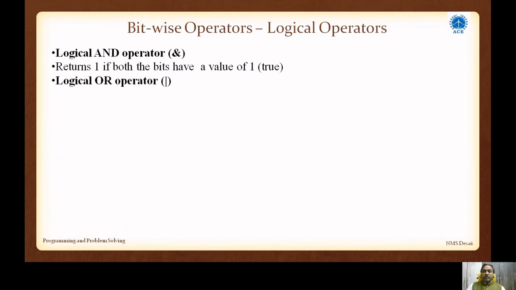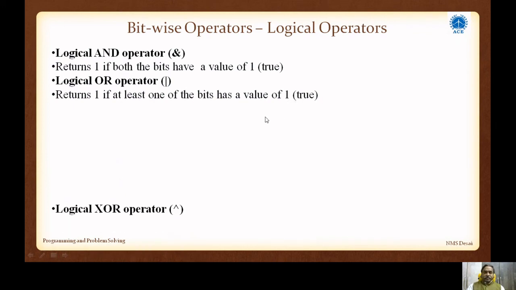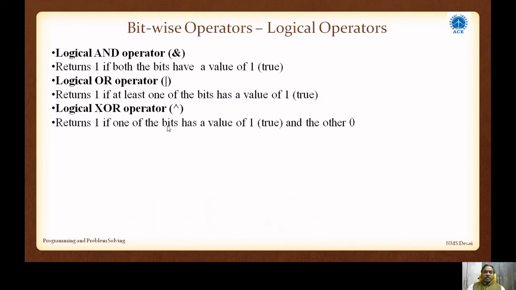Logical OR operator. Minimal gate. At least one input should be 1. If at least one input is 1, then it will work. It takes 2 inputs. And logical XOR operator, it gives 1 if one of the bits has 1 value and